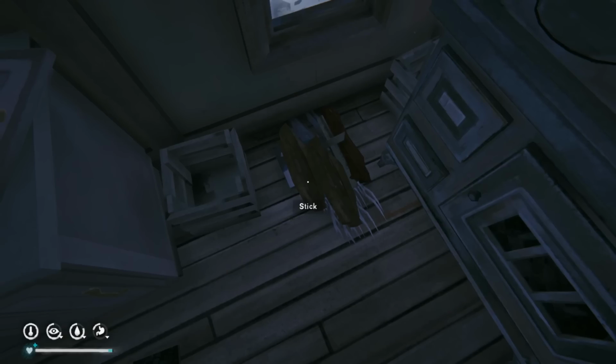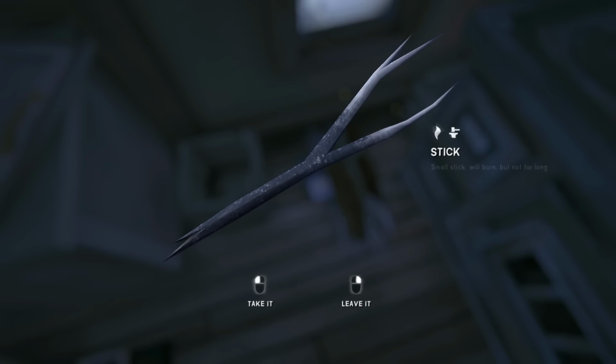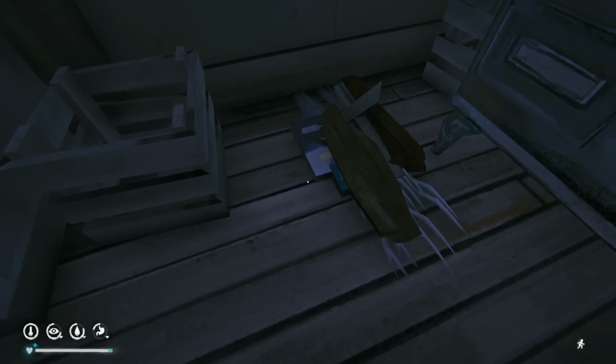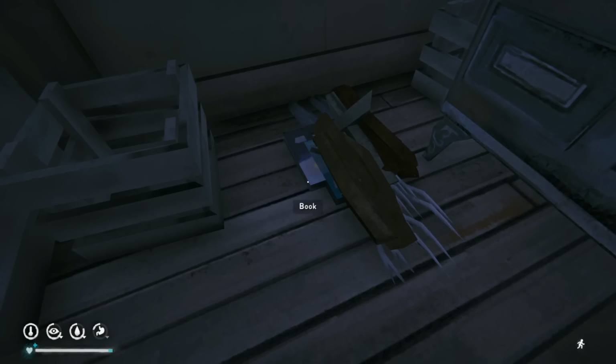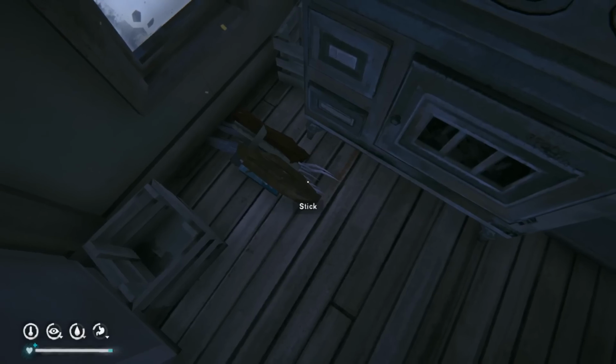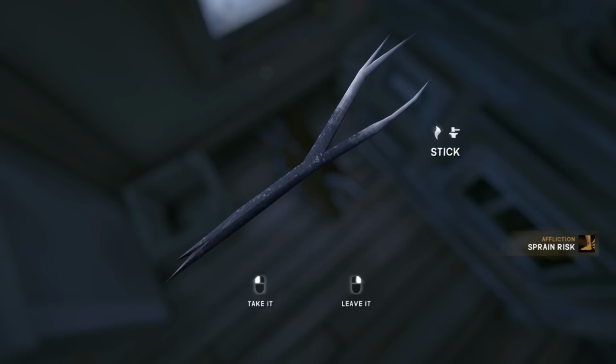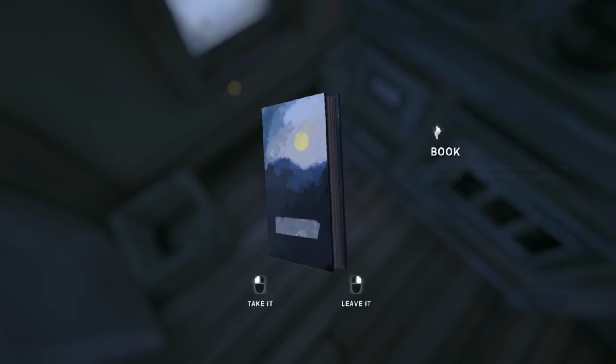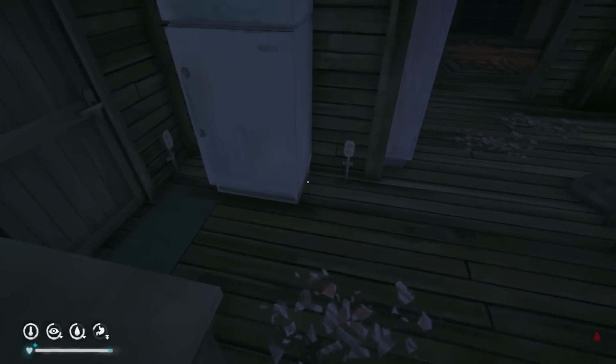I think last episode I missed, what was it, like a memento almost in that missed cabin. I saw that in editing, but you guys were on point with that. Let me know. I'm going to pick back up all of these wooden materials, and let's just decide real quick what we